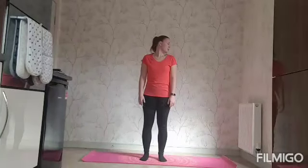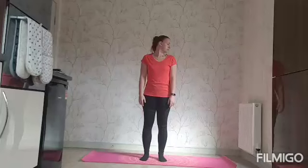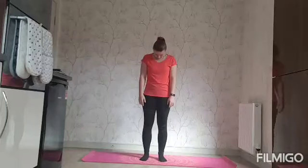Okay, gently turning your head a couple of times to each side. So with the chin parallel to the floor and moving slowly. Coming back to the centre, drop the chin to the chest, drawing it back up, down again, and back up, into the shoulders, rolling them forward,